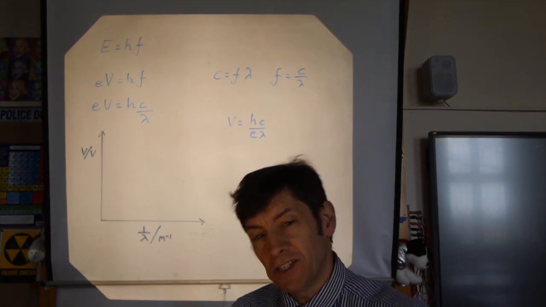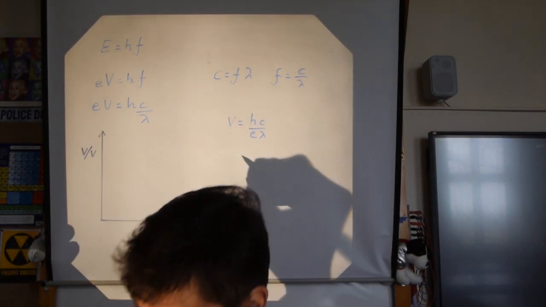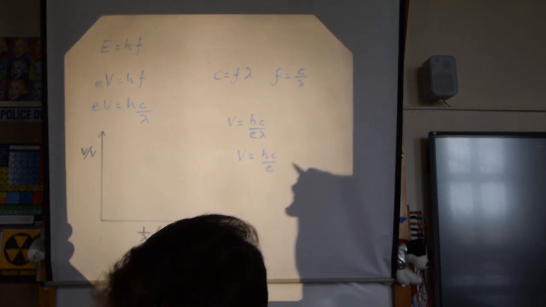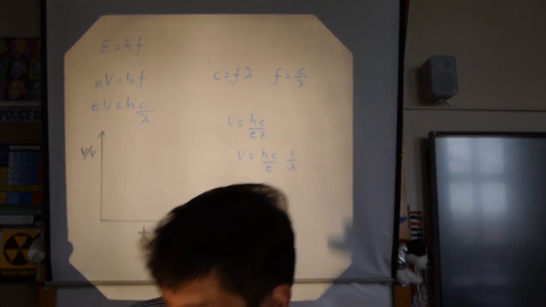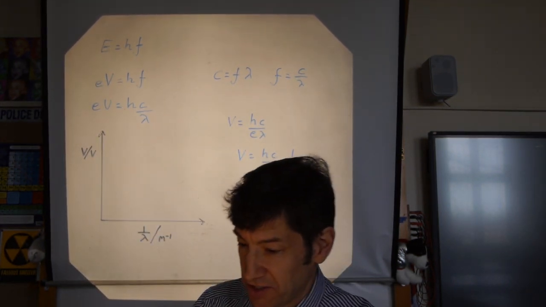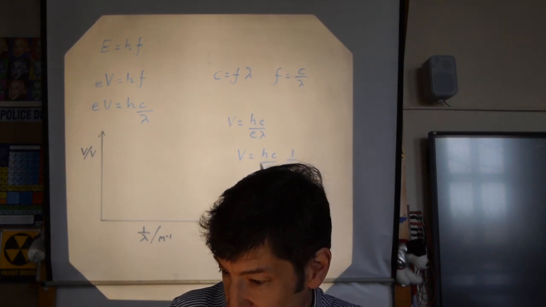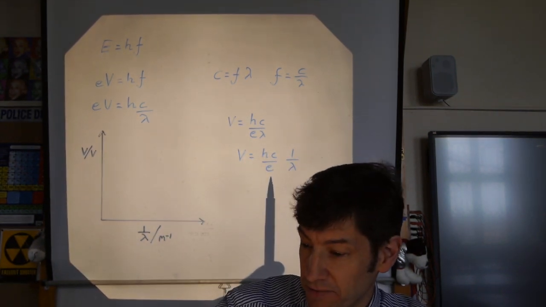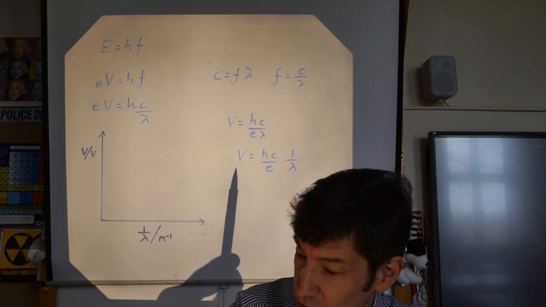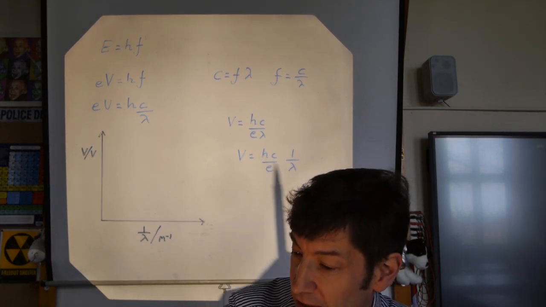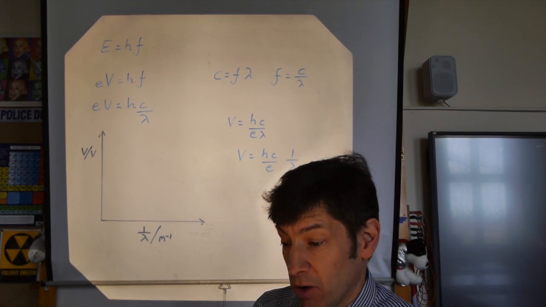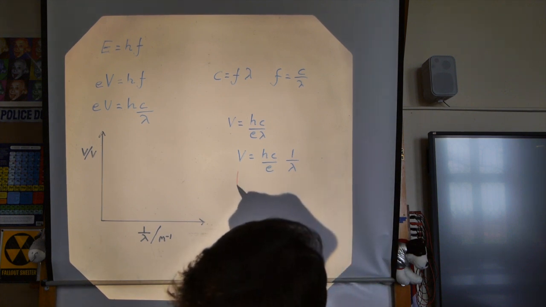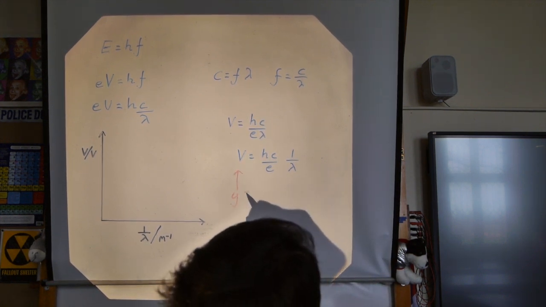Okay, well, let's just push that equation apart a little bit. V equals HC upon E, 1 over lambda. Now, if you look carefully at that, you'll notice that H is a constant, C is the speed of light, and that's a constant, E is a constant. So we've got the threshold voltage and we've got the wavelength, and those are the two things that we either looked up or measured. So the skill is to look at this equation and go, oh, look, it's Y equals